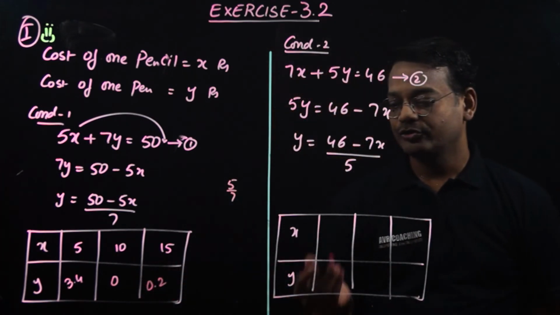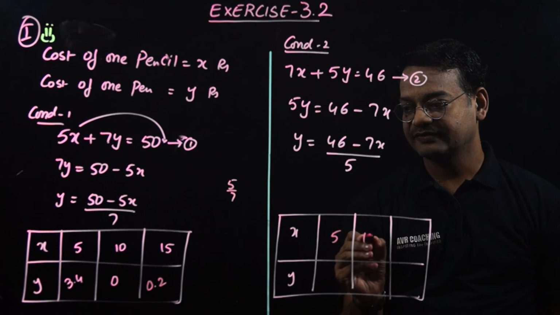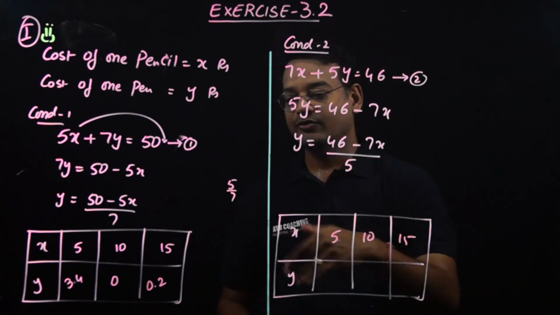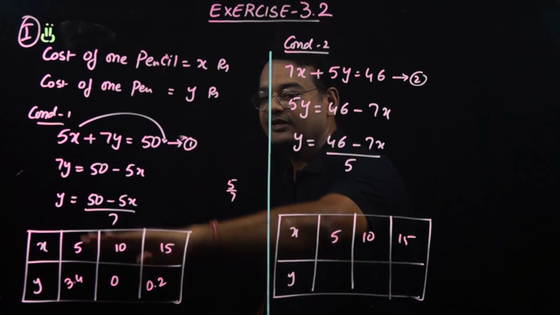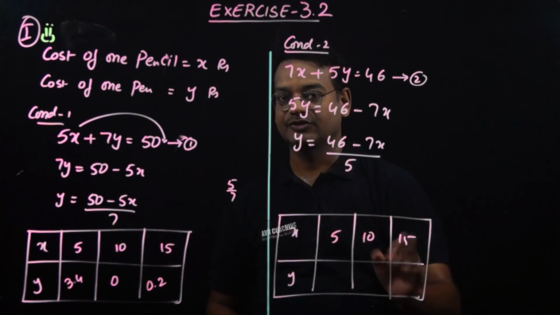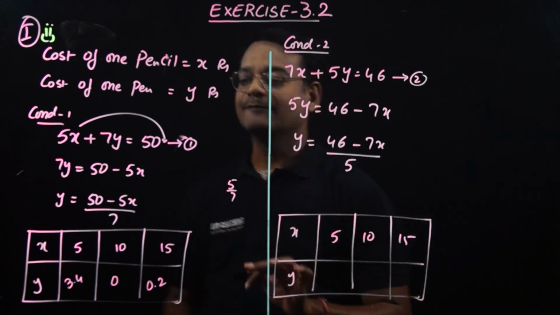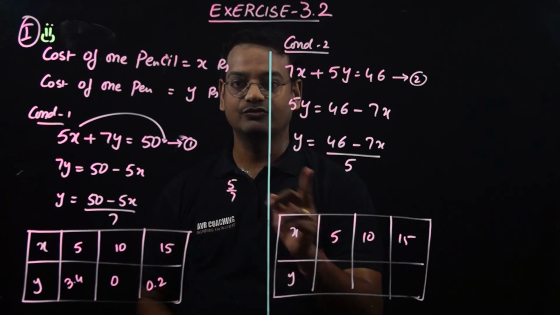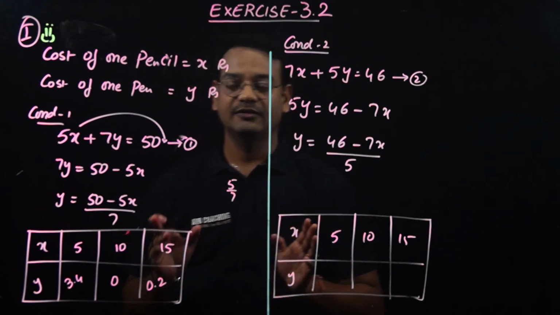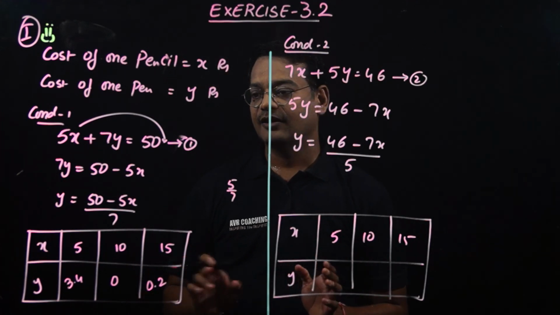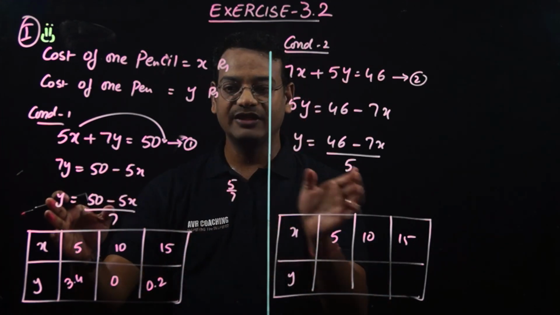In the same way we are going to take values for x and get the y values by substituting the x values, and you can draw the graph for the coordinates of the first equation and also the coordinates for the second equation. Once you get the graph, you have to substitute the values of x and y in equation 1 and equation 2 to see that the coordinates we got as x and y actually satisfy both the equations.